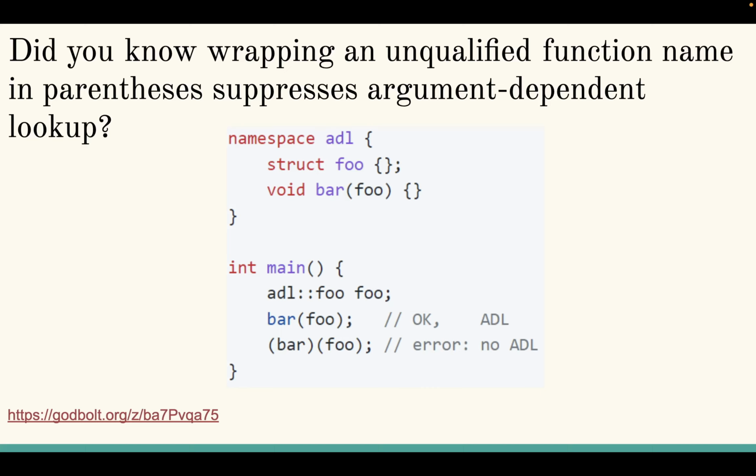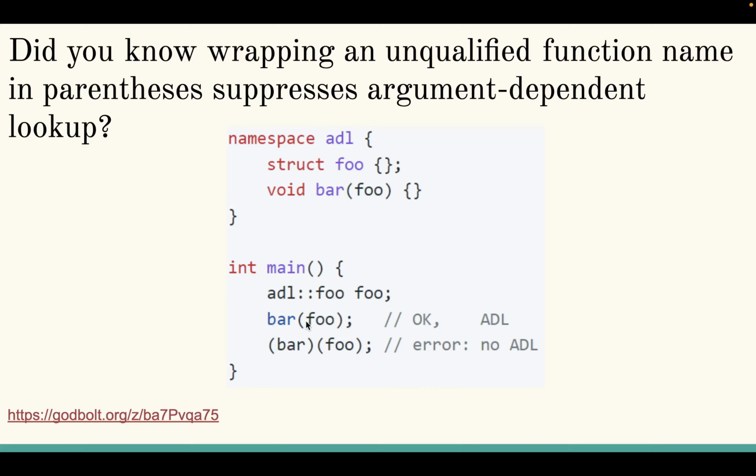Did you know wrapping an unqualified function name in parentheses suppresses argument dependent lookup? Okay, it's also interesting. If you don't know about argument dependent lookup, this is an example. Here we have a namespace called ADL. It includes a structure and also a function. If we want to access the structure or any object inside the ADL namespace, we have to say ADL, then the namespace operator, and then we can access the structure or the function. We know about this signature, but